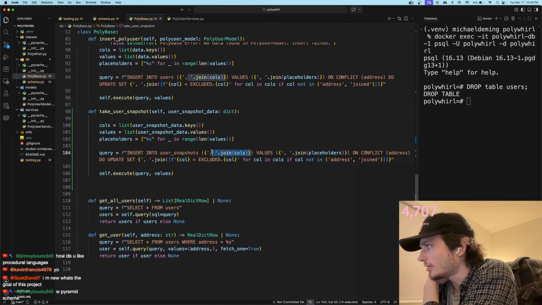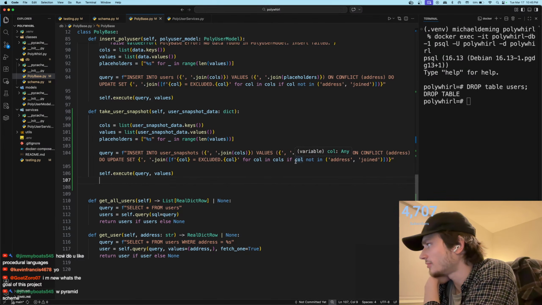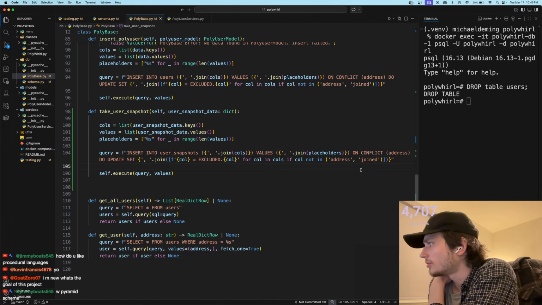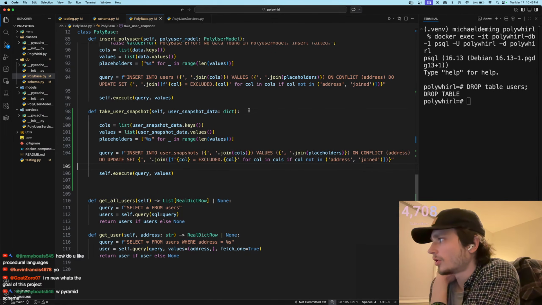Those will be our values for the columns, and the values to feed into those, to insert into our placeholder here. Length of time is good. Okay, on conflict of the address, do update set. No, so we're going to call